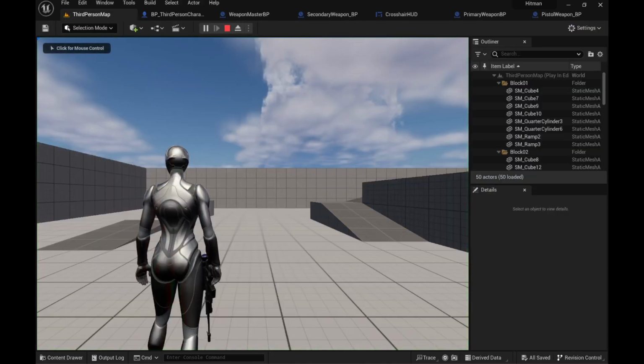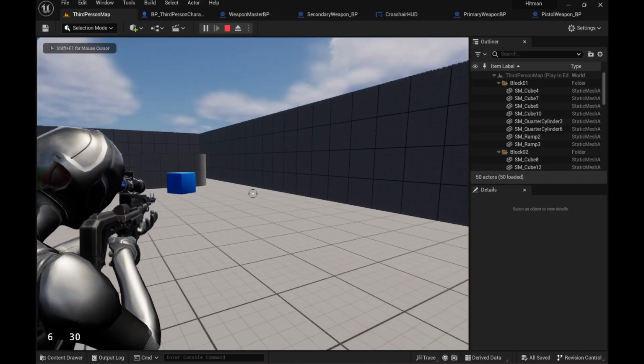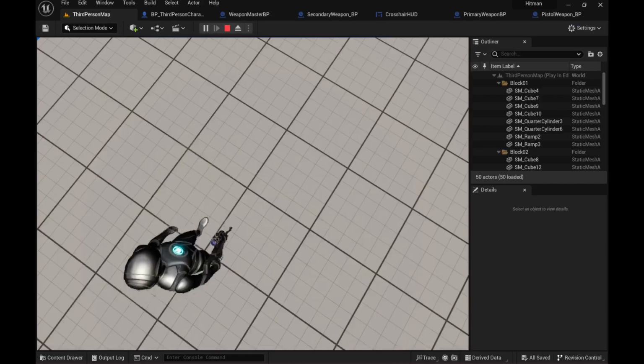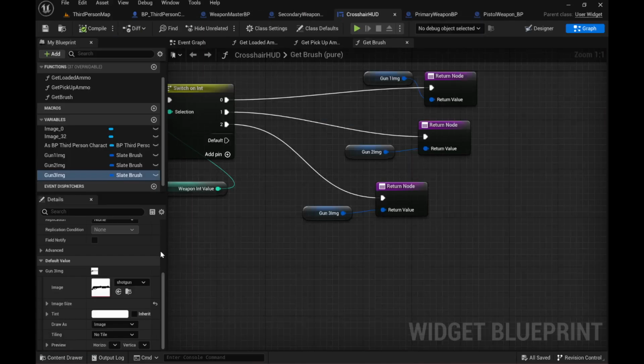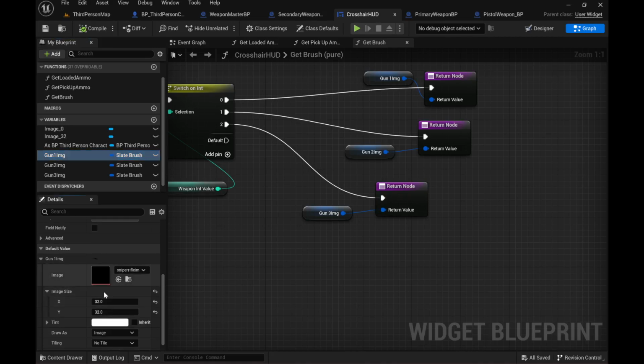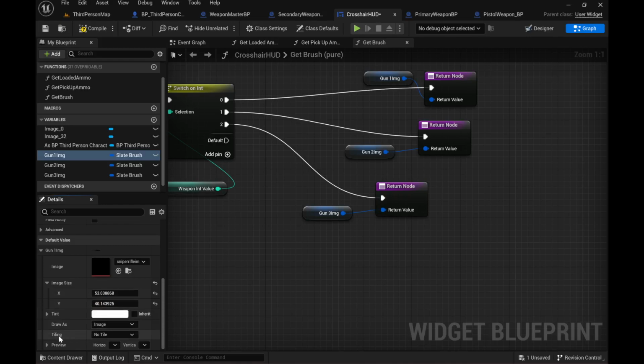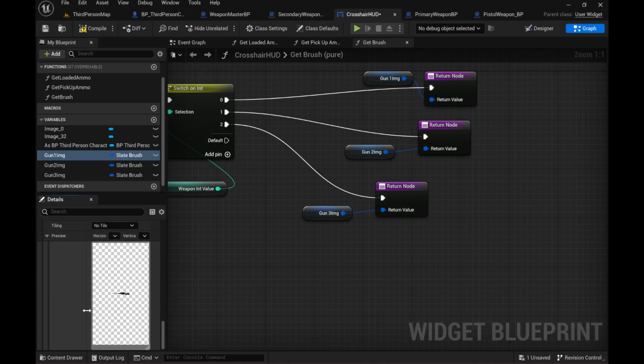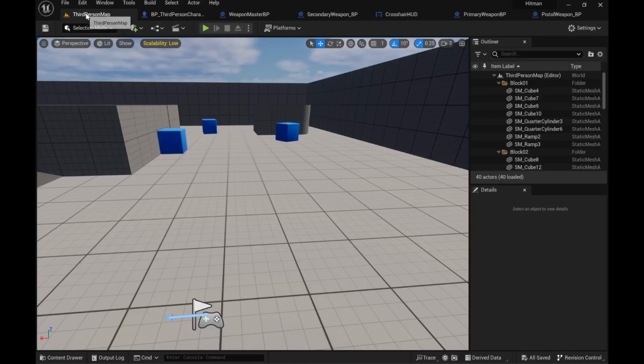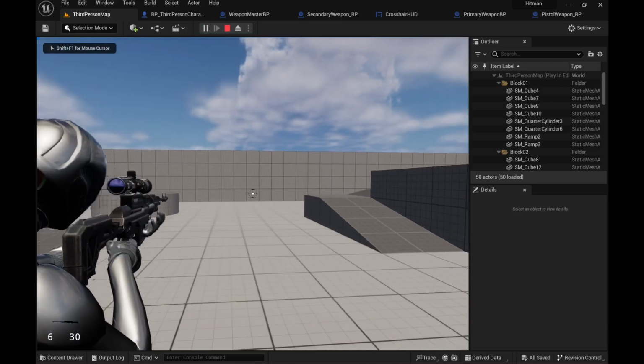So we're going to Alt B. Basically, when you aim down sights, you can see that it creates gun. Actually, we're going to change that right now. So I'm going to go to Crosshair. I believe that's gun 1. Image size. You can actually scale it just a little bit. So, you know, looks a little better. And yeah, there we go. Okay, so I'm going to compile, save, and now if we check,